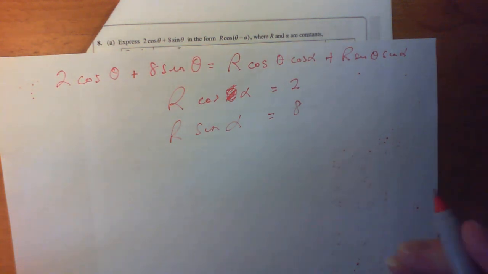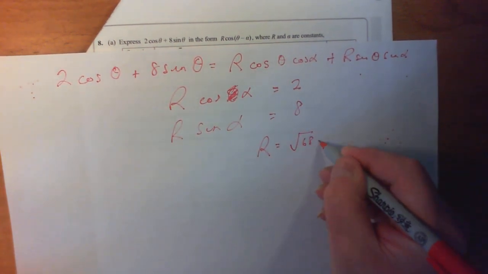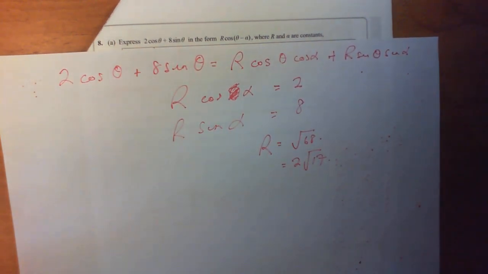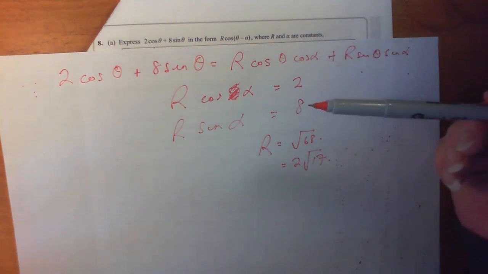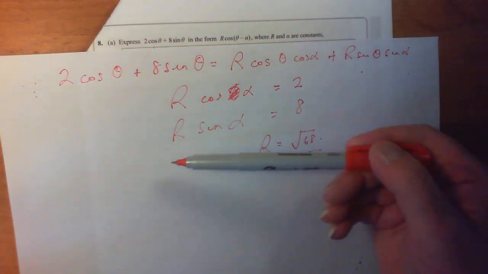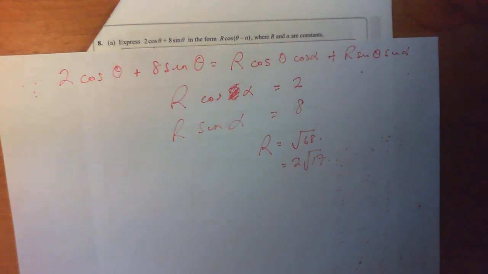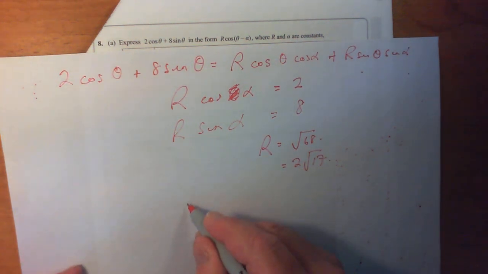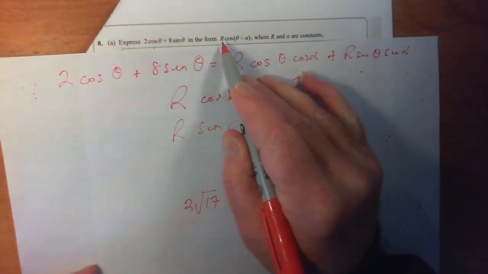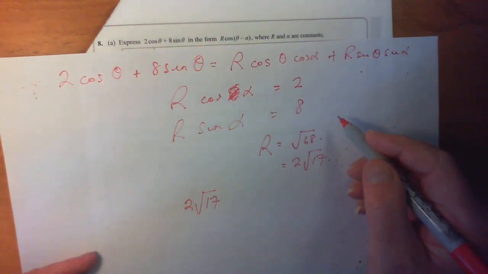And eventually 64, 68, yeah, so it's the square root of 68, which is 2 root 17. Okay, so I myself have done it in a bit of short form, but I prefer it, if you're doing it, to state specifically what you're doing: square both sides, divide one by the other, and that drops out the answer, which is 2 root 17, so that goes as the R, and you've got your alpha, which corresponds to tan inverse of 4,